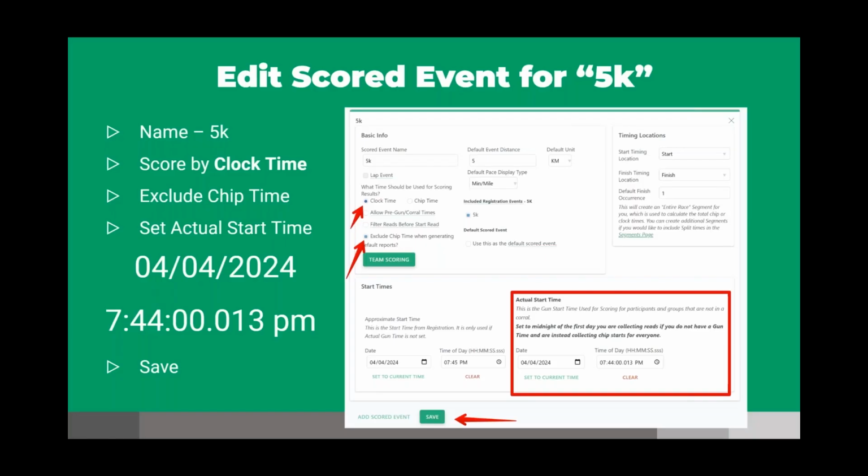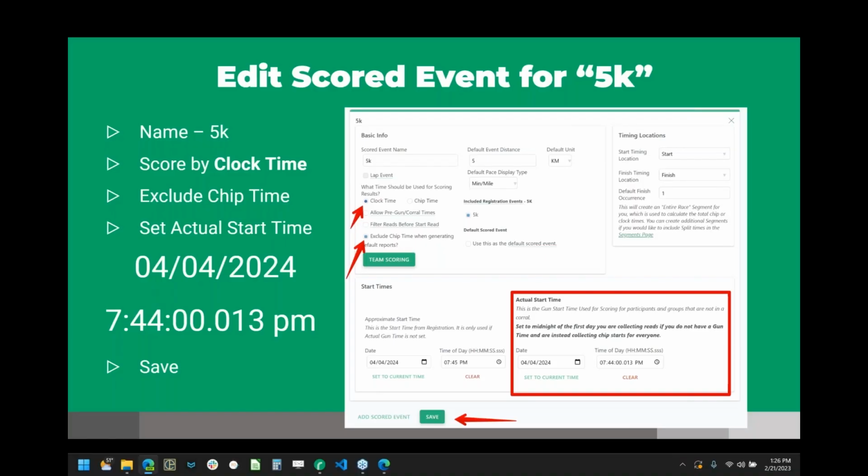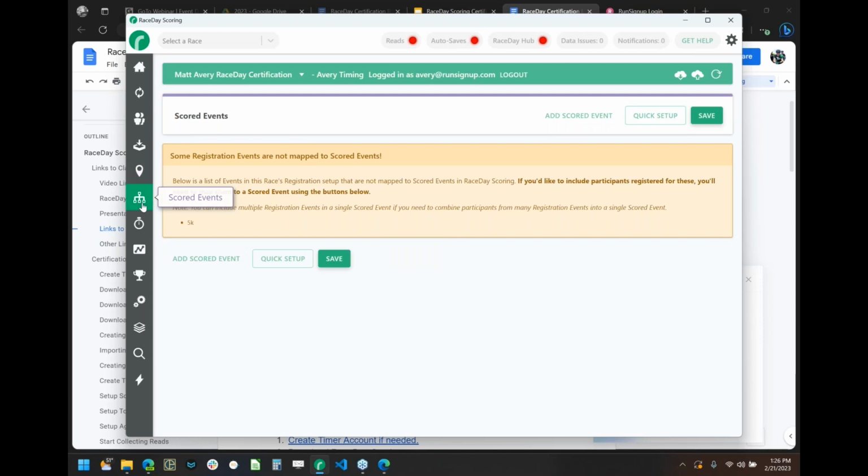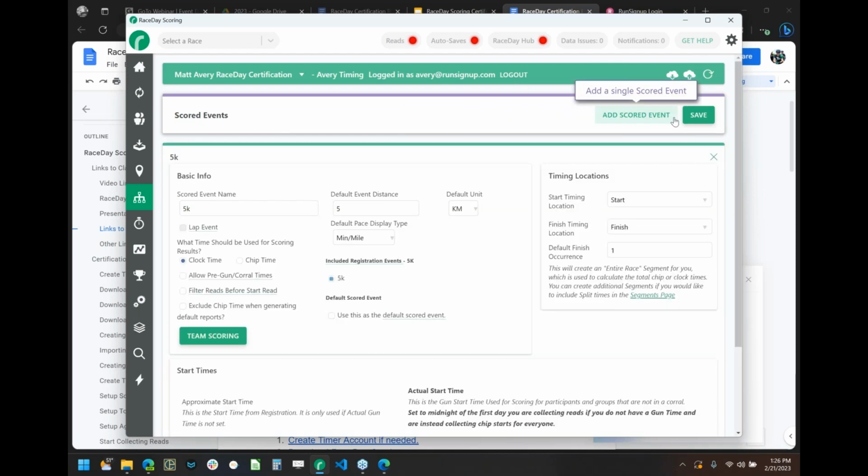So let's just go through this setup. I'm going to select this scored events tab, and it's telling me that I have some registration events associated with this race that are not mapped to a scored event yet. So I could click add scored event, but I'm going to do the quick setup because it's easier. So I'll click quick setup, and it'll fill in the event distance